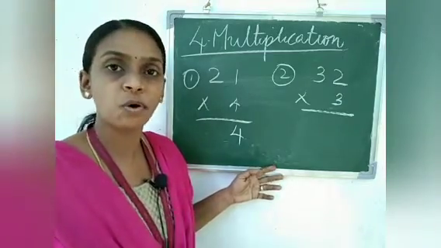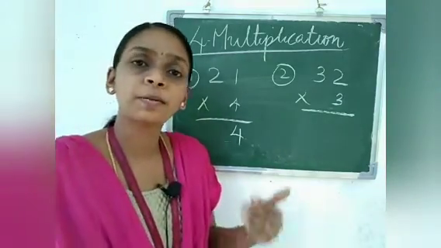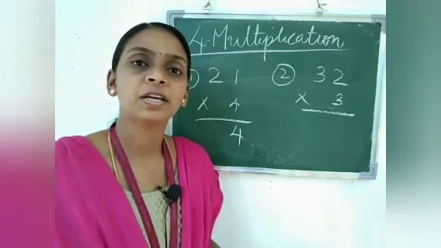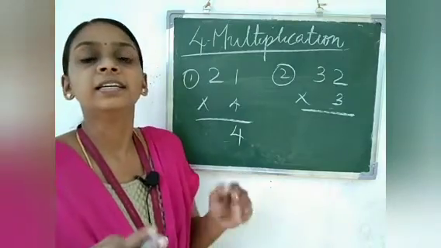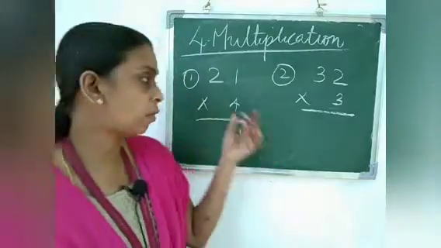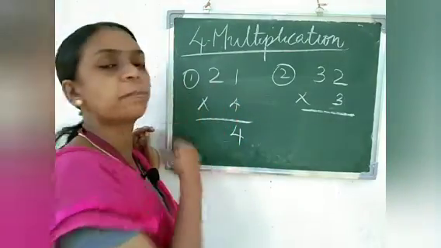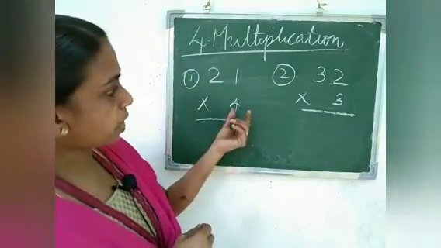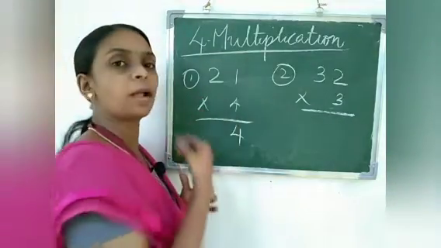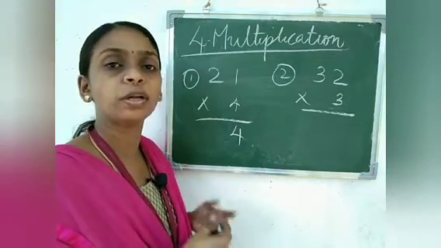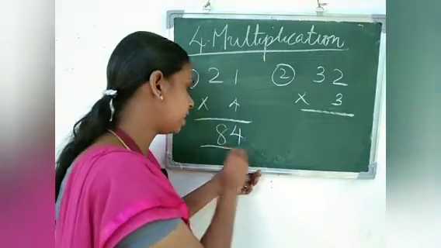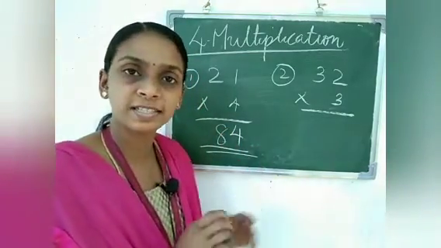1 four is 4. Then next we have to multiply which and which number? Yes, tens place. Here in the tens place the number is 2. 2 is in the tens place, so we have to multiply this 4 again by 2. First we multiplied the 4 by 1, then we have to multiply 4 by 2. 4 into 2. 4 2s are what? 4 2s are 8. This we studied in second standard.